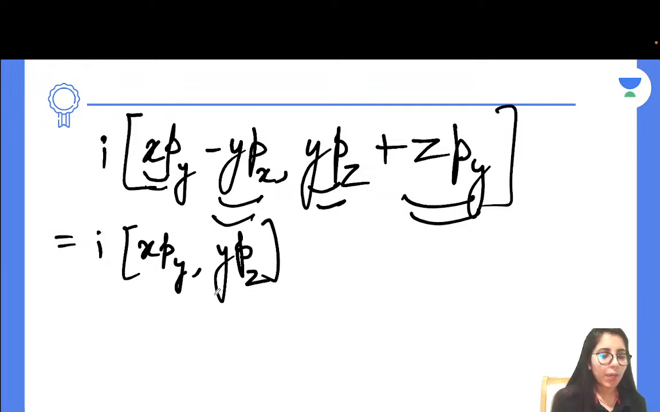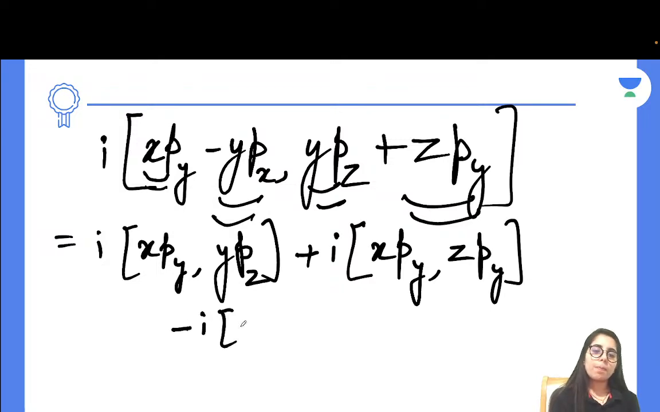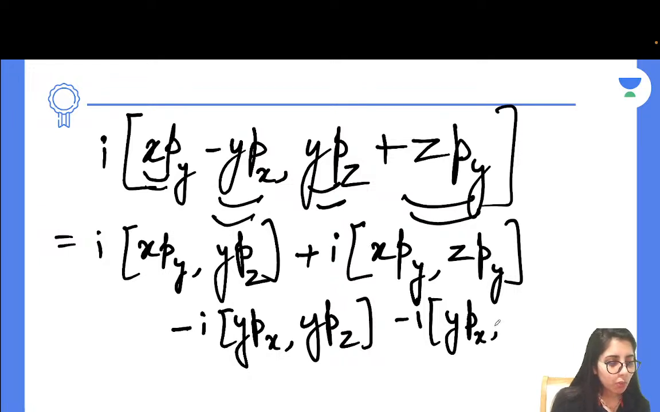It's done. Okay, next. Plus iota xpy comma zpy, the second term of the second one, and minus iota zpx comma ypz. Let's check, yep, it's the second term we are taking, iota ypx comma, it's going to be,